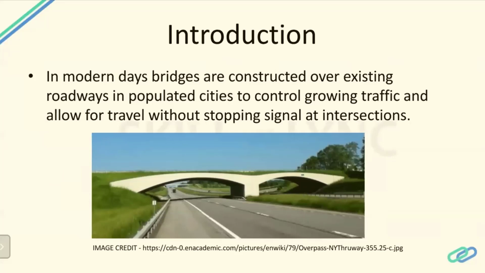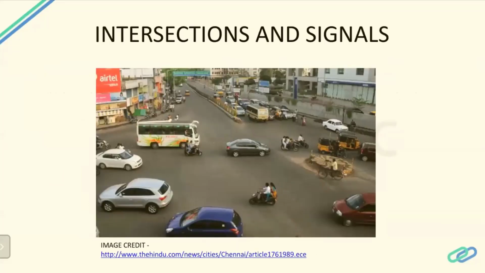For example, if you see a picture, I will tell you. Yeah, you are able to see this picture. This is a typical signal junction. You can see people here are not following the traffic signal properly. You can see a car on the left moving in a zigzag. In the central round, there is a two-wheeler rider coming through the middle. These kinds of things will lead to accidents, and to a lot of confusion.